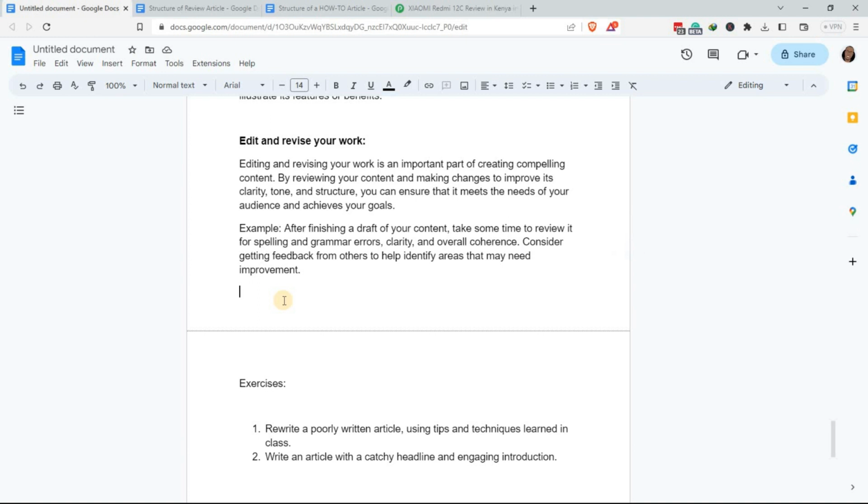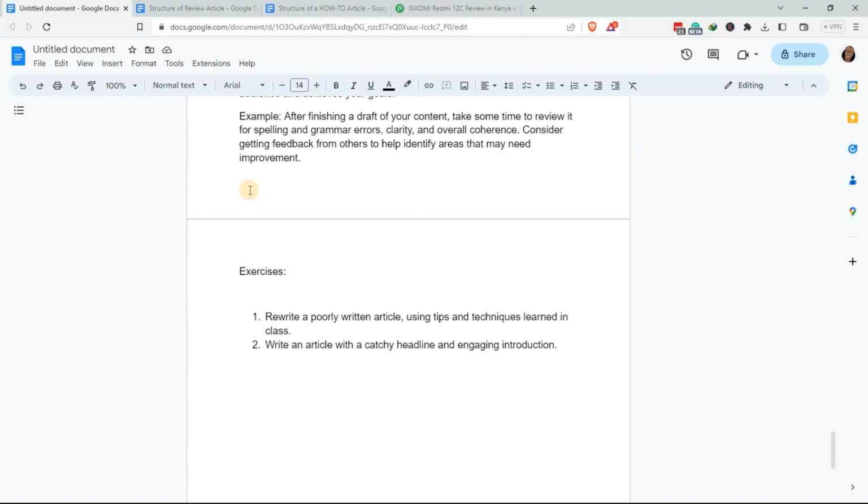So what I would suggest is that once you've finished writing that article, give it to someone else to read, or wait until tomorrow and then come back to it. Of course, later on I'll show you some tools that you can use to edit your content. But the best editor is someone who didn't write that article. So it can be your friend, anyone from your family. Tell them to read it out loud to you, then you can hear if there is coherence and clarity.